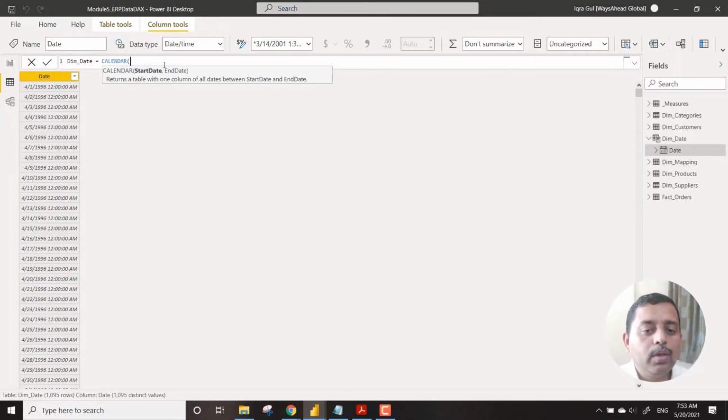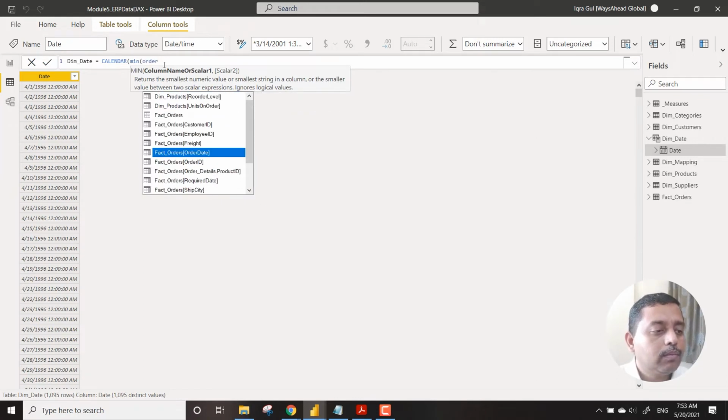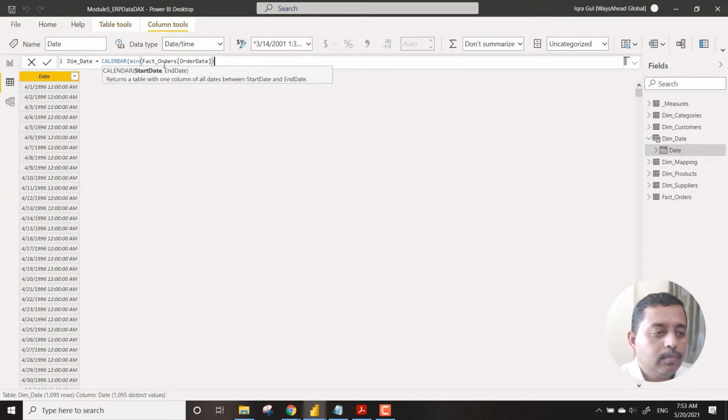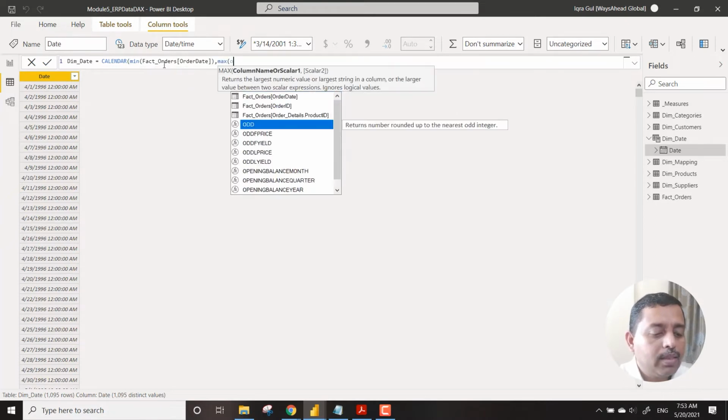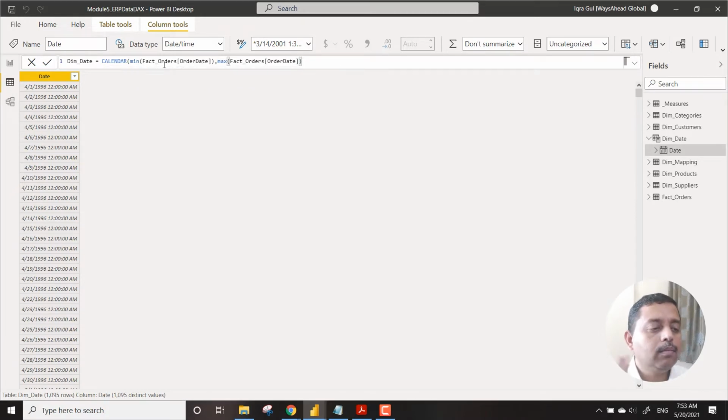So I simply say minimum of order date, comma, maximum of order date. It immediately looks into the order date column and finds the minimum of that date, which is, let's say, 4th of July, and assigns that. The same thing happens with the maximum.